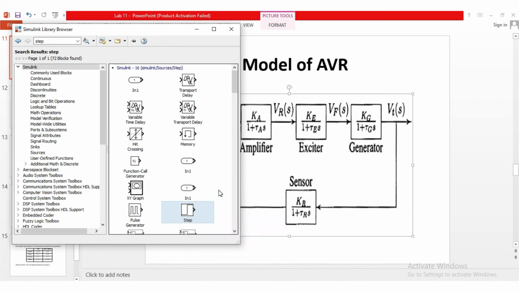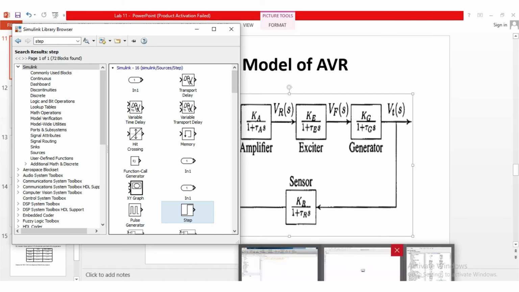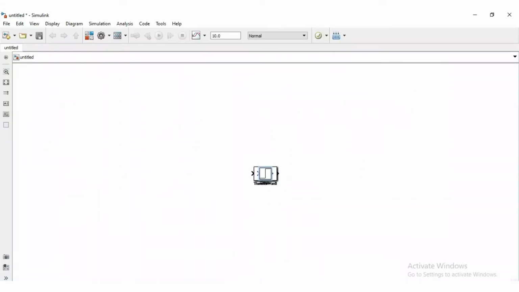Now we have added all these to our model. Now coming towards our model, all blocks are added here. You can see here. Now we will arrange each block. First we will arrange the transfer function blocks. First 3 blocks will be arranged like this. Then here we have the add block.